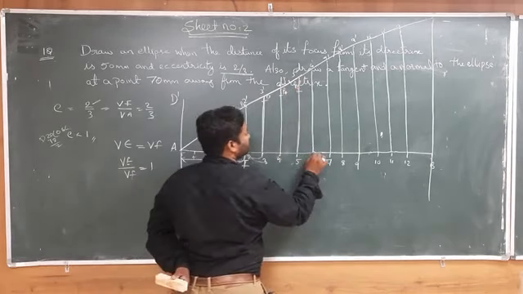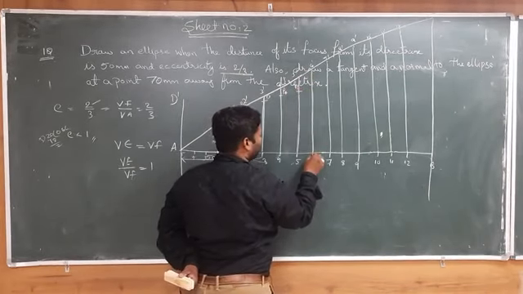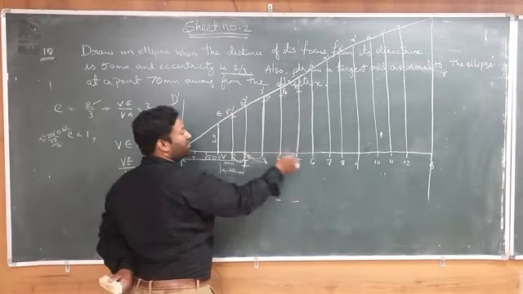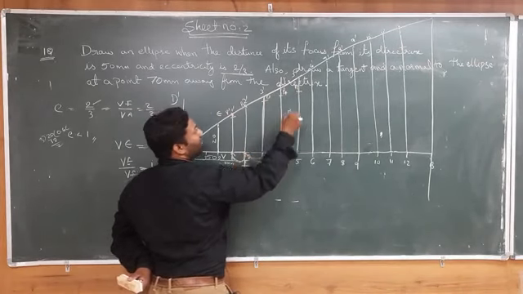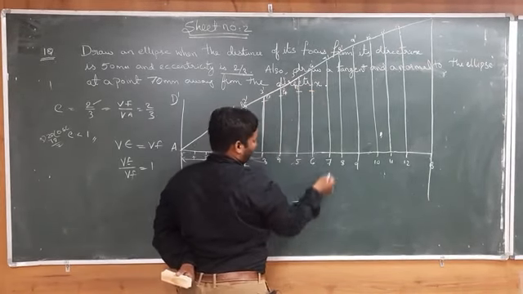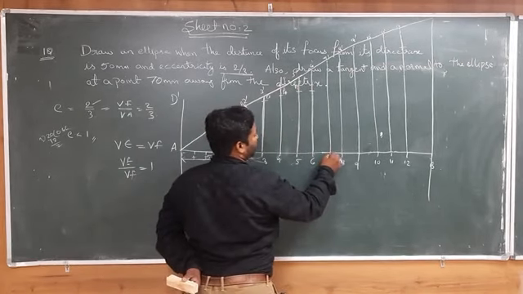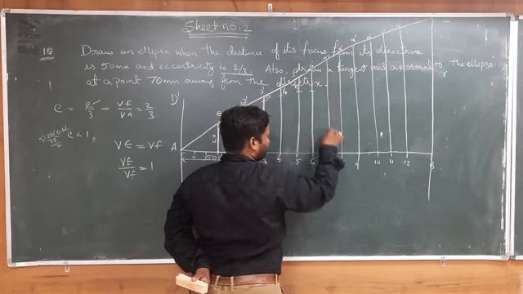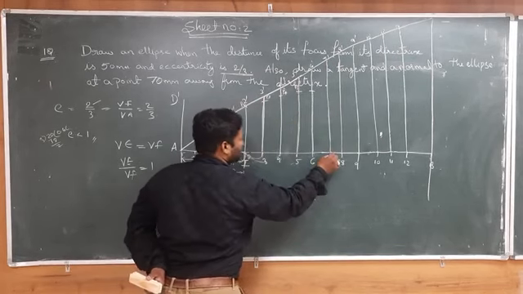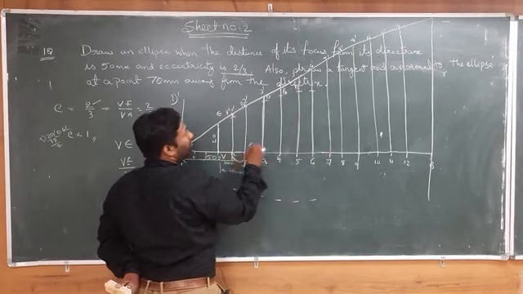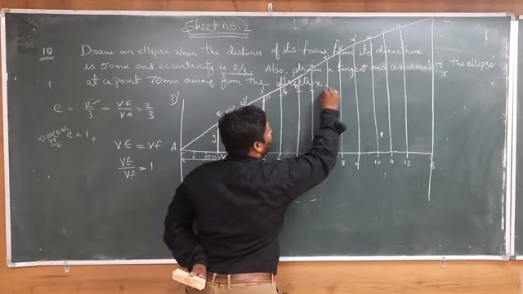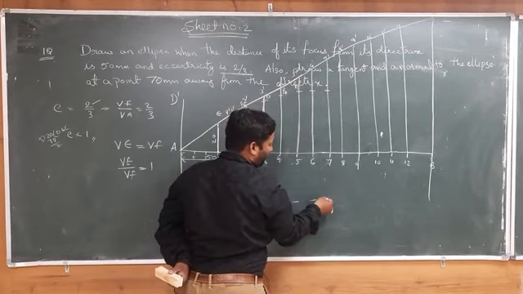Again we will repeat for 6. We will measure from 6 to 6 complement. We will shift the center from 6 to the focus and cut the arc above as well as below. Now we will repeat it for 7 also. We measure the same way, change the center from 7 to the focus, and cut the arc on this 7th parallel line above and below.